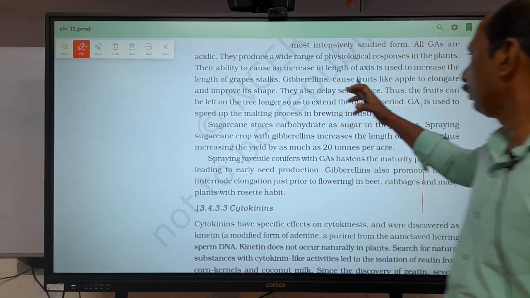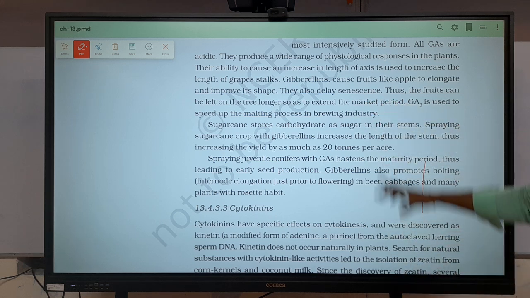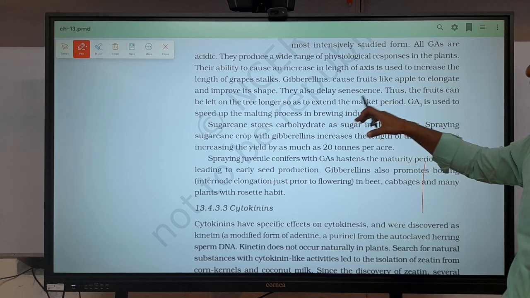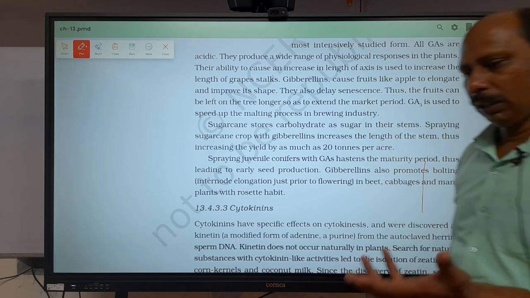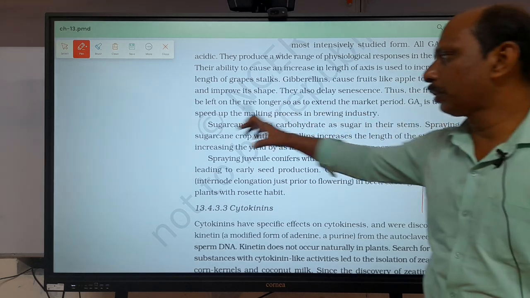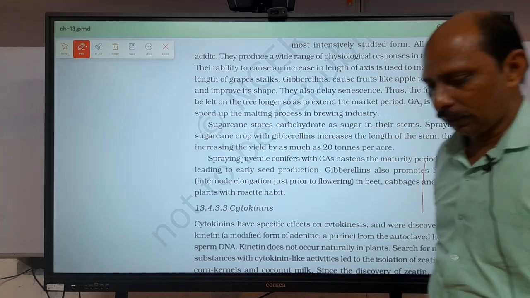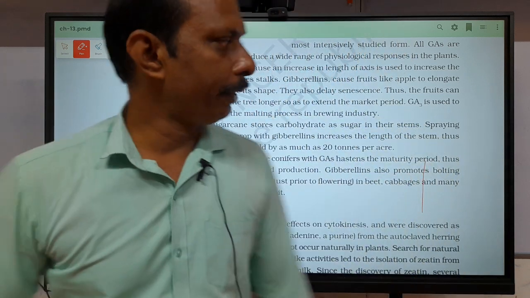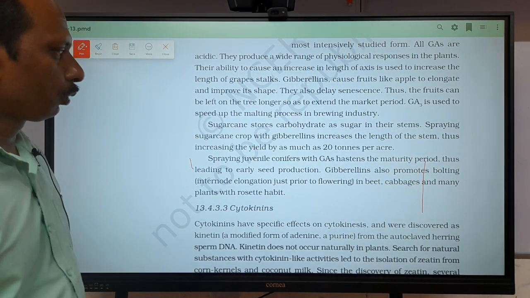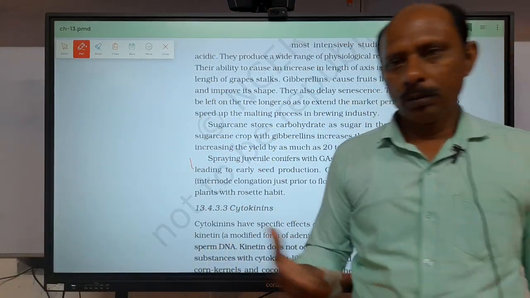Another one is that gibberellin delays senescence, which means old age. Thus the fruit can be left on the tree longer so as to extend the market period. Longer means it is available after the natural period. GA3 is used to speed up the malting process in the brewing industry, breweries, formation of alcohols, right? Wine industries. Sugarcane, now, we know very well, for improving the quantity